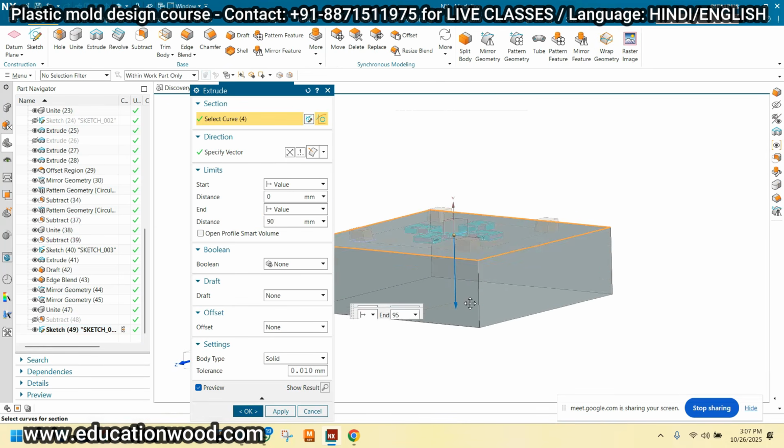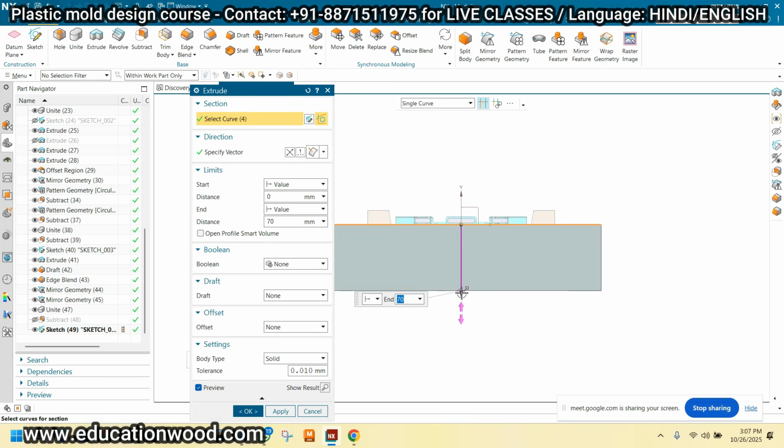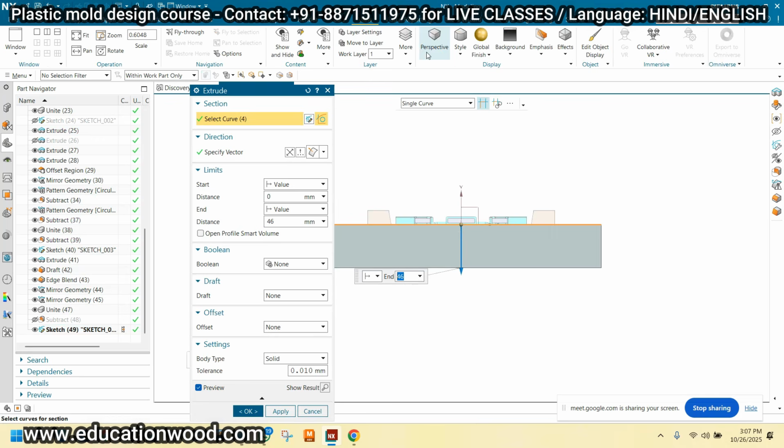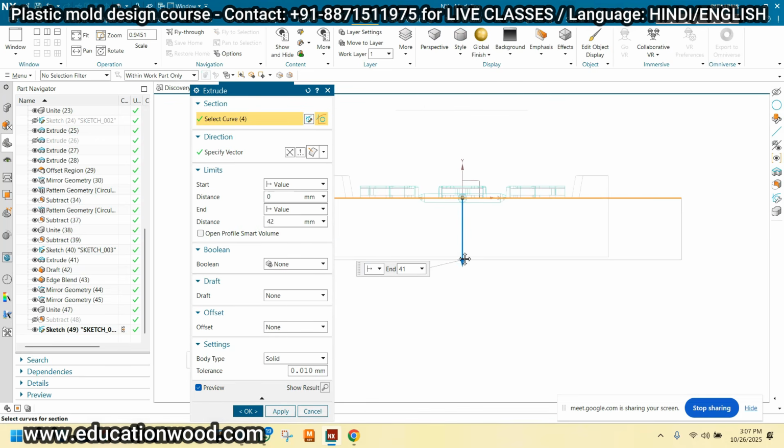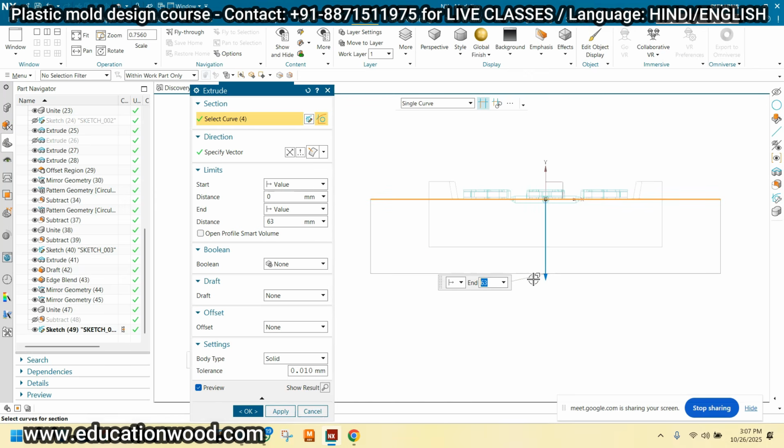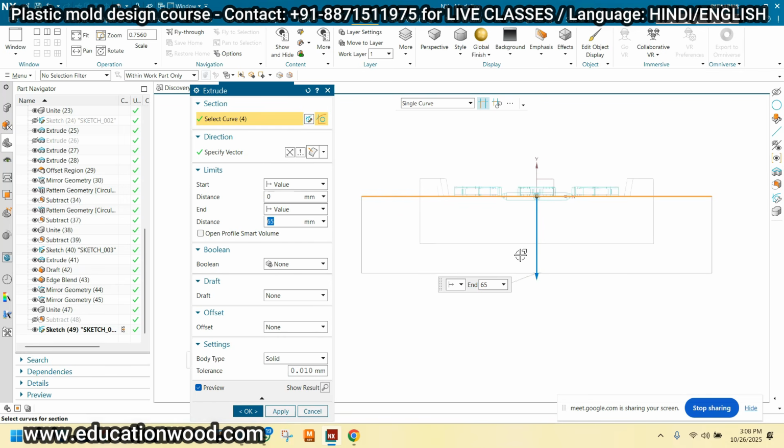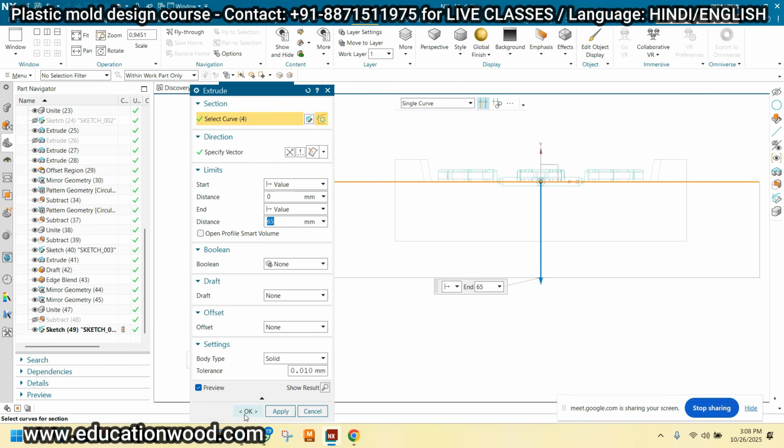Now I have to take the height. How can we select the height? What was the height of this? It is about 40 mm, right? So how much do I have to take? 60 mm I can take? This is the 40 mm. So how much can I take? 60 mm? 65 mm I should take, right? Why 65 mm? Because here you can say that